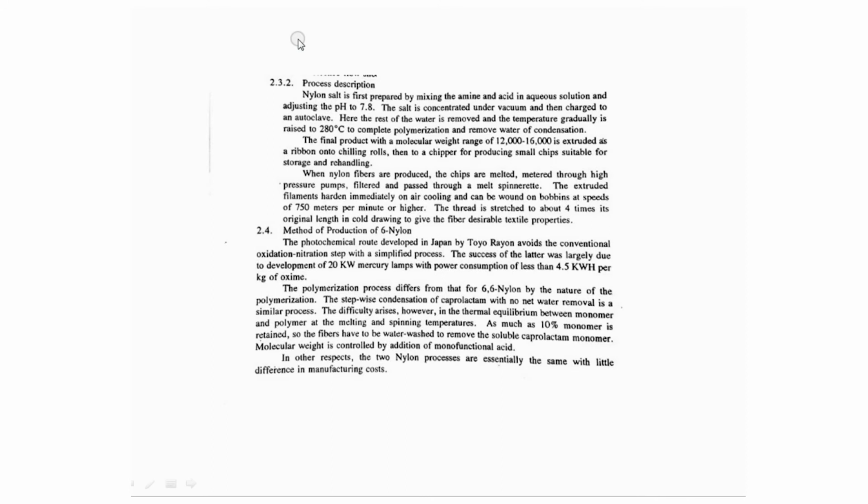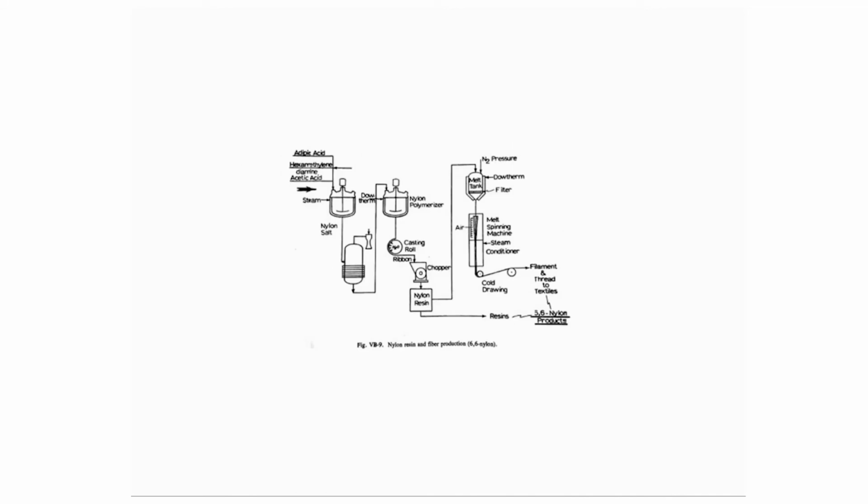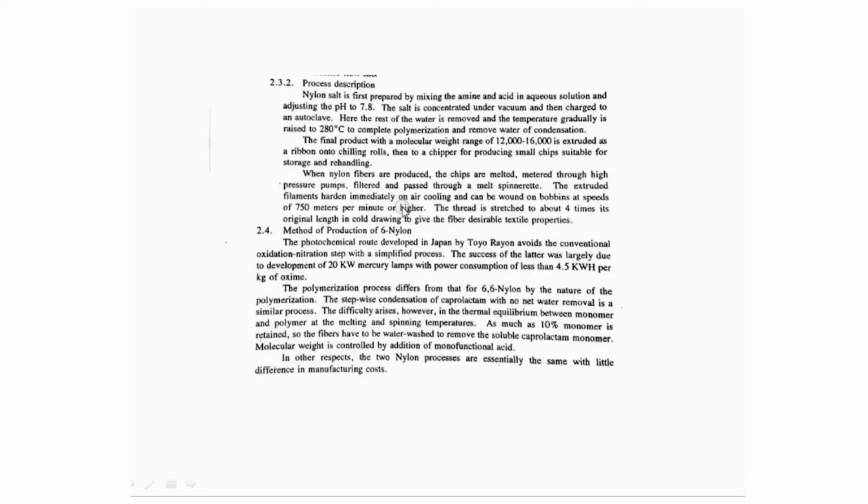Let's see the theory part of it. Nylon salt is first prepared by mixing the amine and the acid, hexamethylenediamine, in aqueous solution and adjusting the pH to 7.8. The salt is concentrated under vacuum and then charged into the autoclave, where the first reaction takes place between the adipic acid and hexamethylenediamine, in presence of acetic acid. Then a salt is formed, this salt is concentrated, and then we trigger the process of polymerization in the polymerizer,